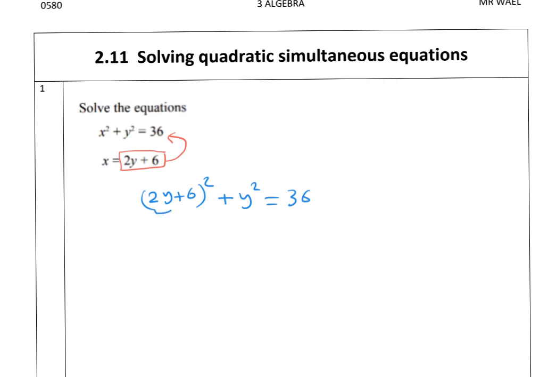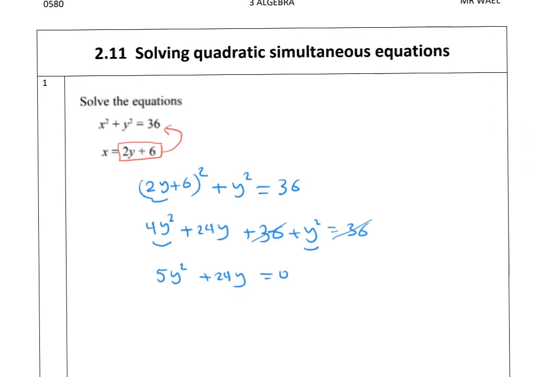By expanding, 2y times 2y is 4y squared. 6 multiplied by 6 equals 36. The middle term: 2 times 6 is 12, 12 times 2 is 24, so 24y. Plus y squared equals 36. Now we can cancel this 36 with that one. So 4y squared plus 1y squared equals 5y squared, plus 24y